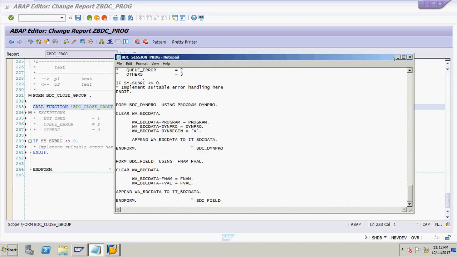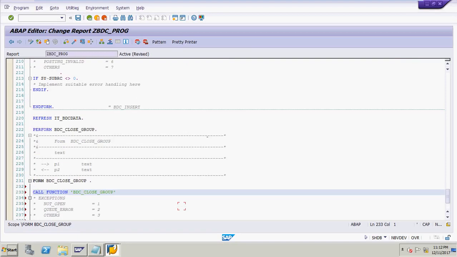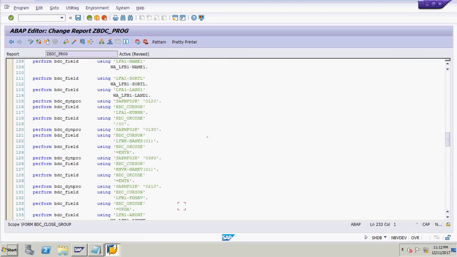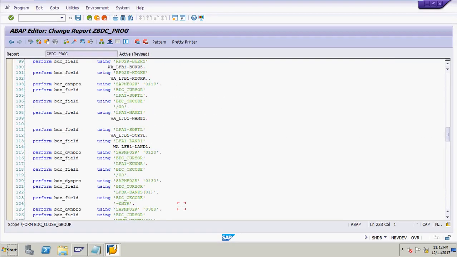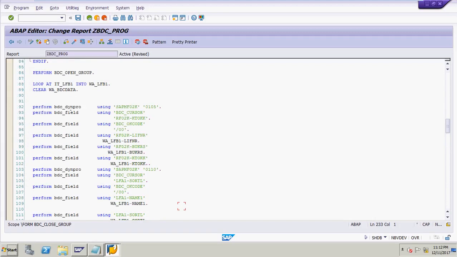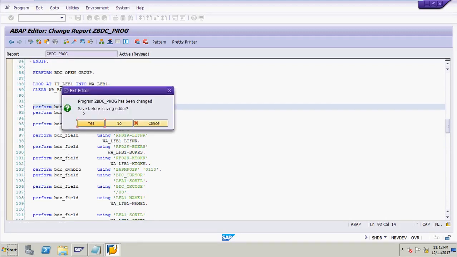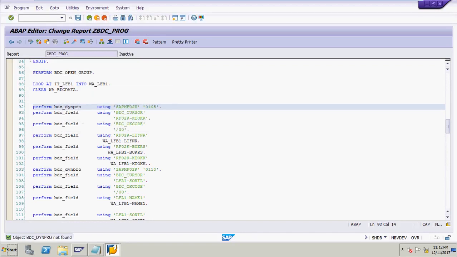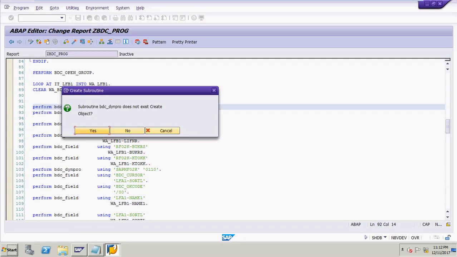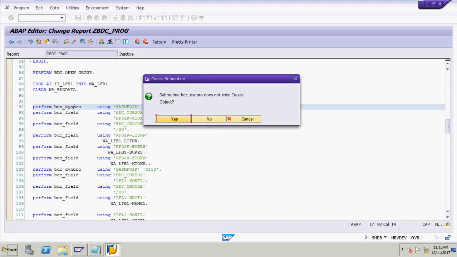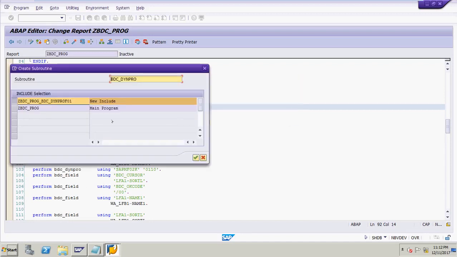Now you have to double click here on BDC underscore dynpro and BDC field. You have to double click on BDC dynpro. Program changes, yes. Click on subroutine, again click BDC underscore dynpro, double click on it and click yes button.